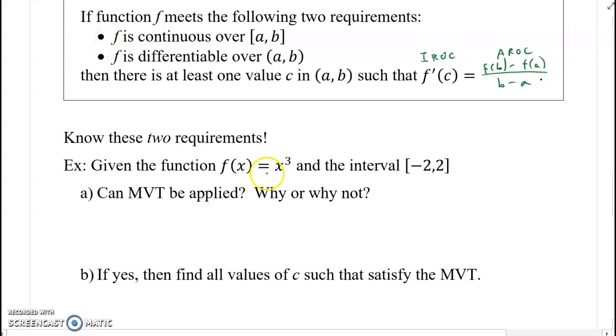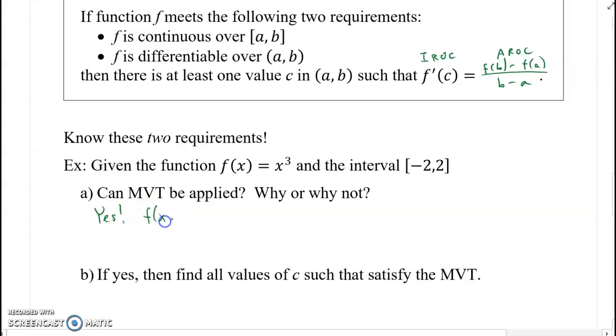Is x cubed continuous over the interval -2 to 2? Well, polynomial functions are always continuous over all real numbers. So this thing is continuous. And then if we consider whether f is differentiable, well, that's if the derivative exists everywhere, but the derivative of a polynomial function is yet another polynomial function. So not only is every polynomial continuous, every polynomial is also differentiable. So because of that, we can say yes,